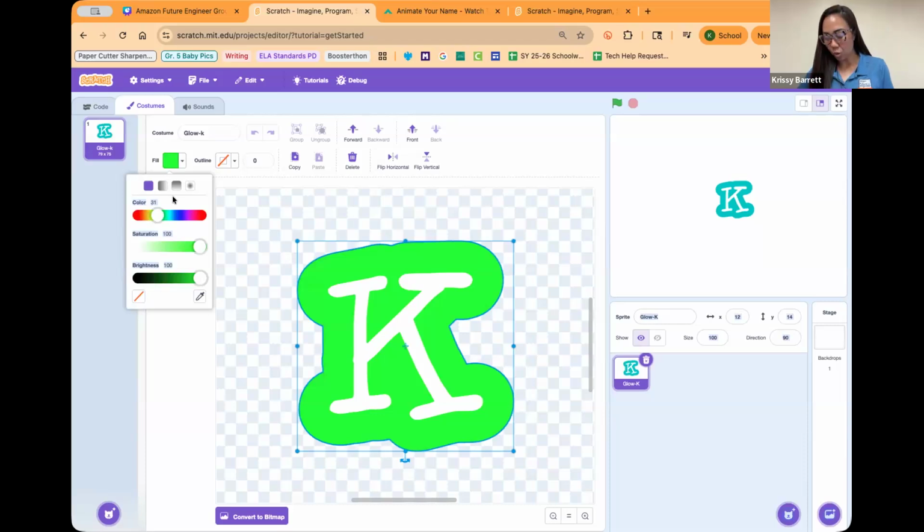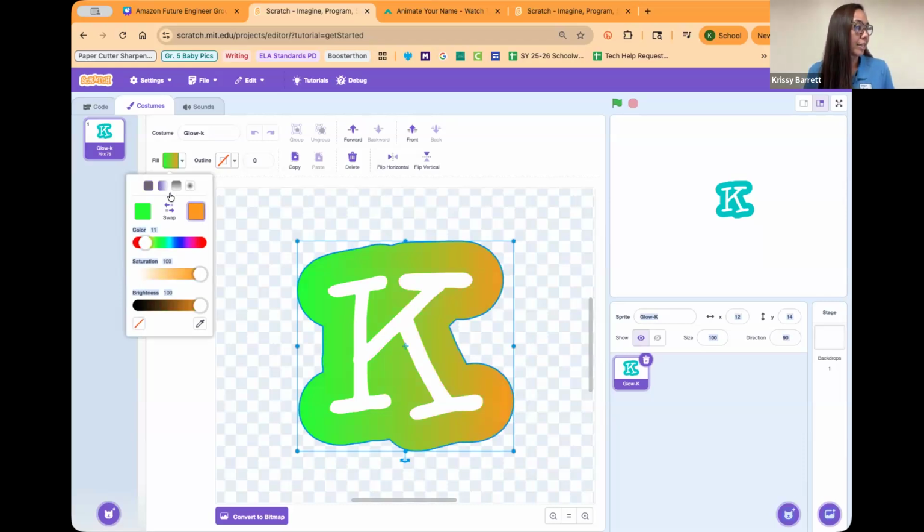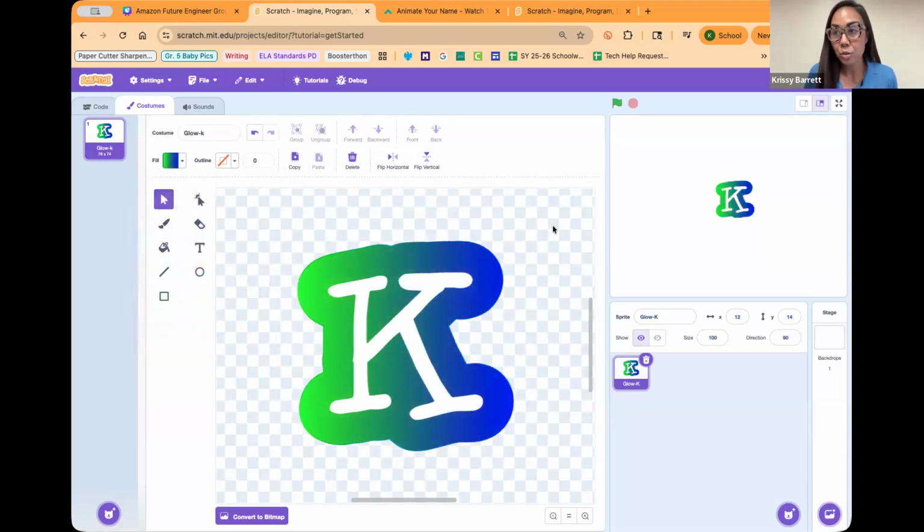Okay, you can also do ombre, which, of course, my kids, every time I use this, this is their favorite. So you can do ombre and you can pick the two colors there and you can slide to make it look different. So this is always the time when the ones who are staring off into space see that, they go, wait, how'd you do that?